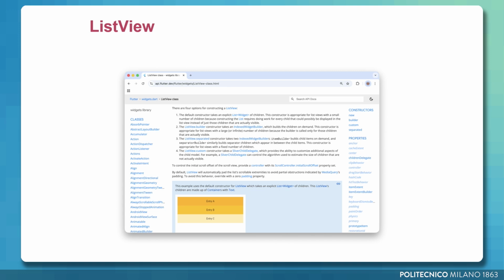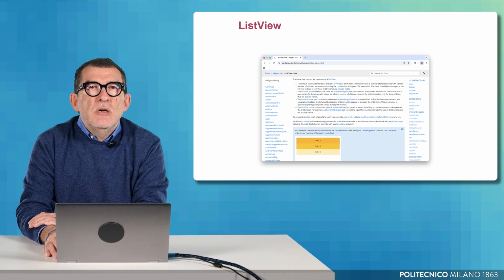A list view, as the name suggests, provides a visual representation of a list of elements, allowing us to define a potentially long list of items that the widget will automatically display according to the available screen space. One of the key advantages of list view is that it handles scrolling automatically.